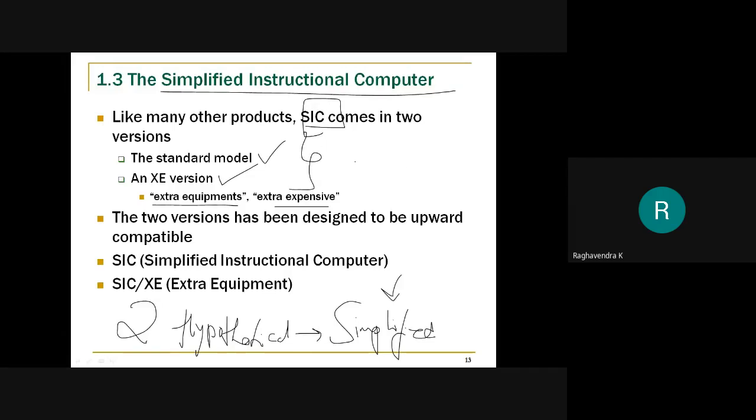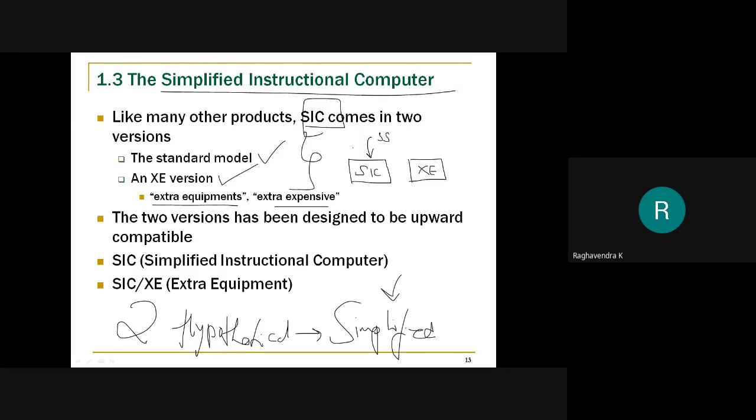Okay, so imagine it like this. We need a hardware or a computer system on which we can run our system software. So we have got two systems. One of them is SIC and another one is the SIC/XE version. First we will look into the features of the SIC machine, what exactly it has, what support it provides, what the hardware configurations are. Then it will become easier for us to write system software on that.